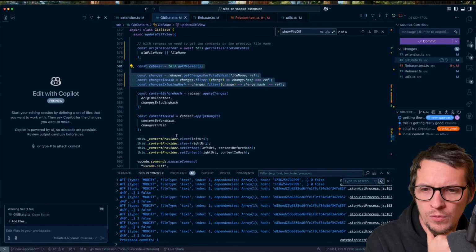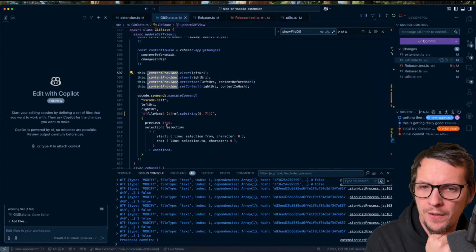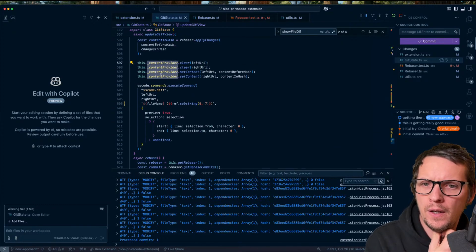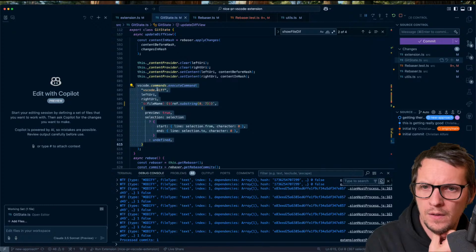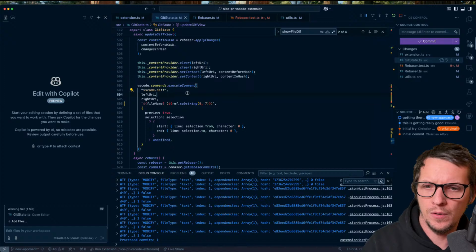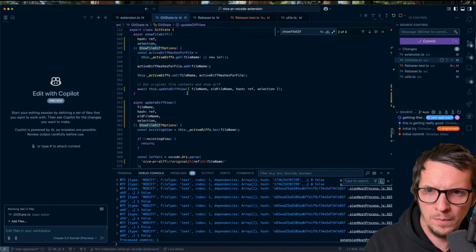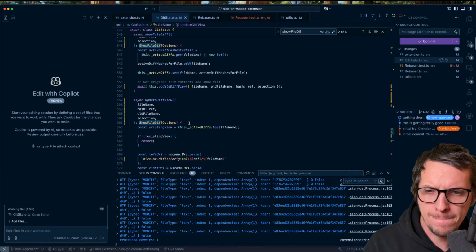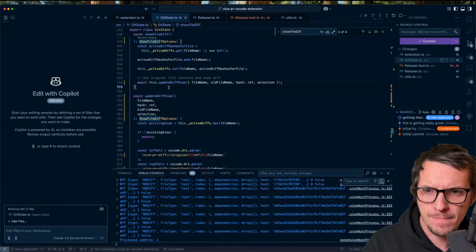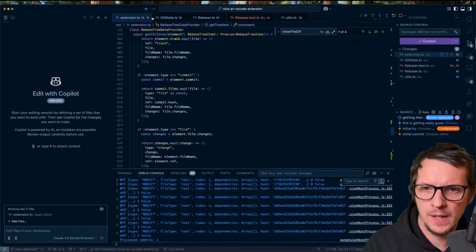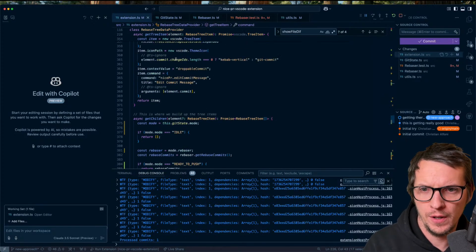I would do all of this. I would set the content provider, and then I would run the multi-diff view. We're gonna try that. Yeah, that will be okay. But first, let's see if we can actually show the